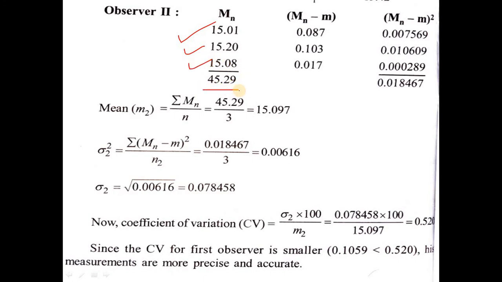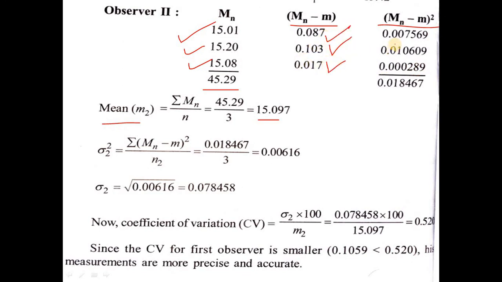Then the summation is 45.29. When we take the mean of the second observer, the mean is 15.097, and when we take Mn minus M and (Mn minus M) square, these are the values which will be calculated by using calculators,